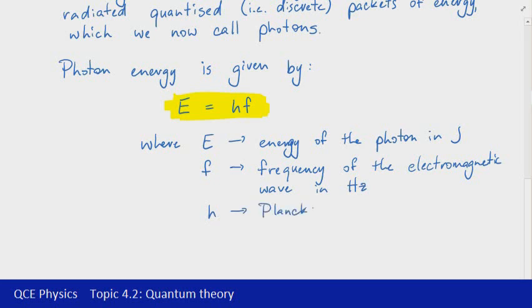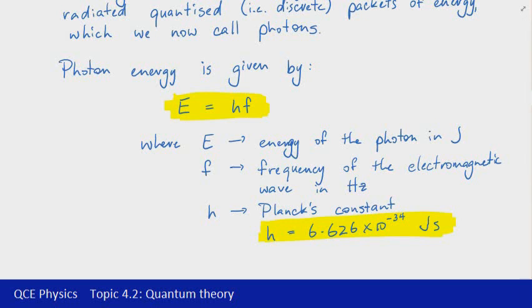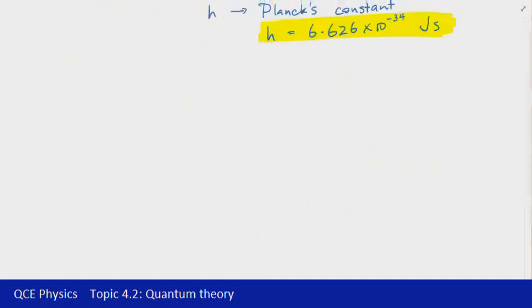Now Planck's constant is a fairly important one. It's one of the fundamental constants of the universe, and we'll do a couple of demonstrations in class later where we actually go through and calculate Planck's constant. The value of Planck's constant is 6.626 × 10^-34, and the units are joule seconds. And again, that's another quantity that's given to you in the data booklet. So there's the equation that relates to photon energy. We'll have a look at an example of how that can be applied.